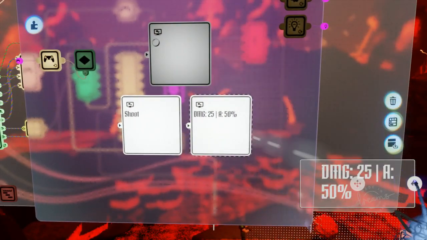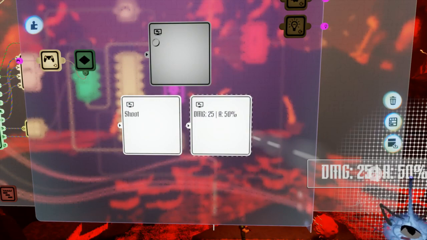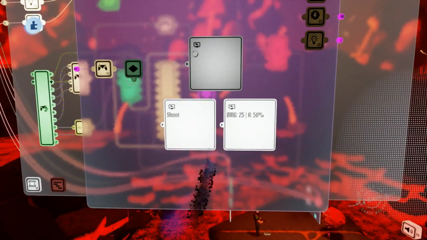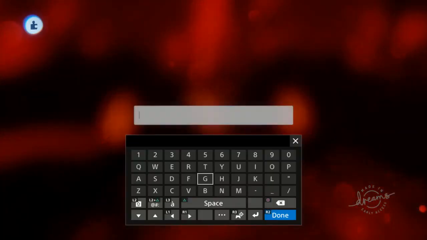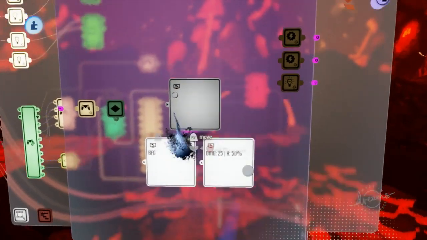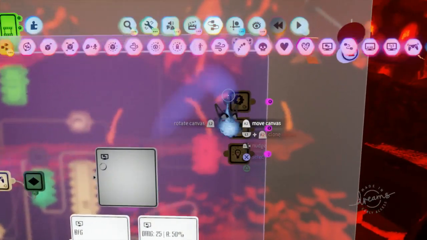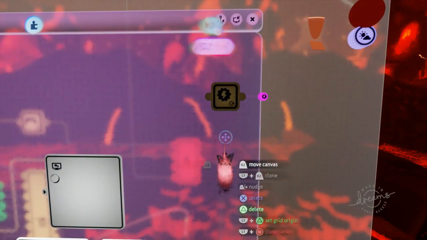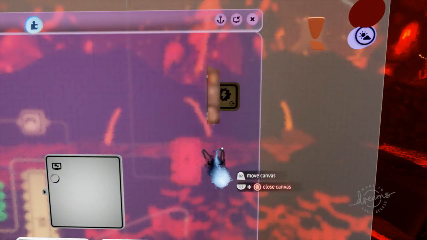Of course, that's a little bit too small. And BFG. Okay, and when this is active, I'm just going to go ahead and activate